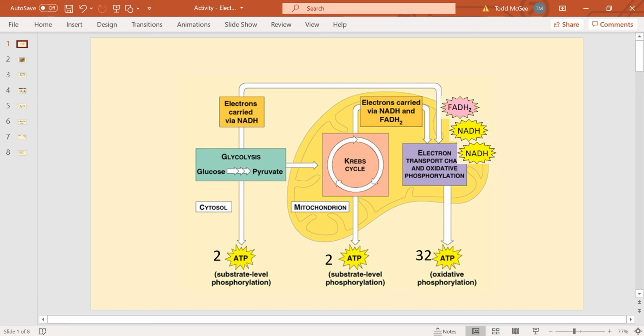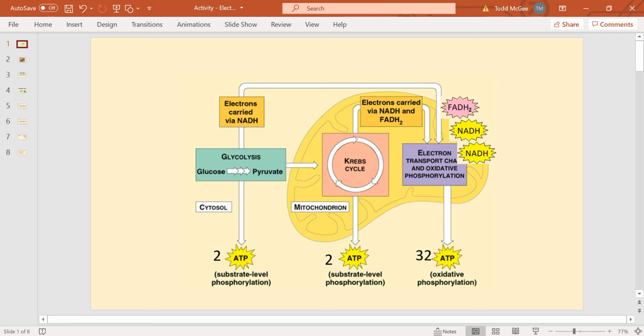Same thing with the Krebs cycle. We have enzymes, and they just use the normal energy from the environment. It's called substrate level phosphorylation. So you could argue the heat from your body heat is enough to provide activation energy for your body's enzymes. But the next one here